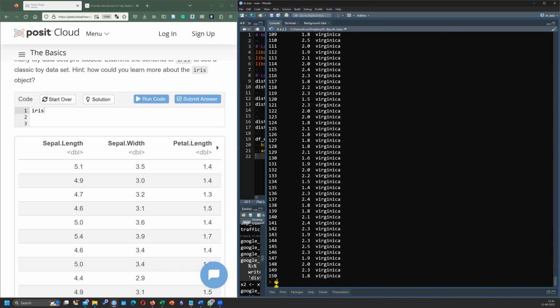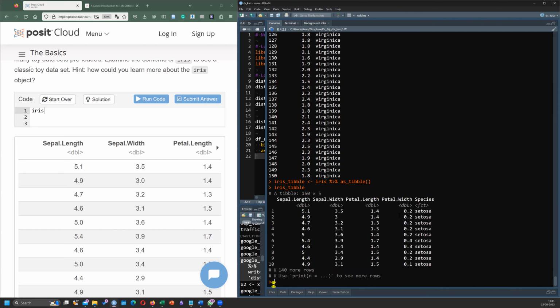So I'll create a new object, iris underscore table, isn't it? And now I'll ask it to give me iris table.